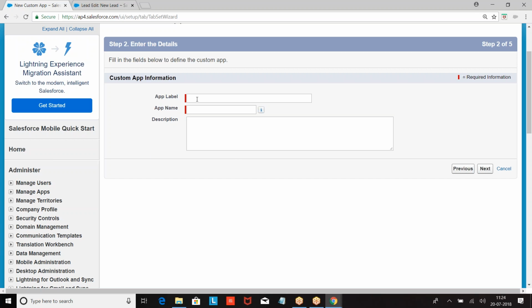So I am giving it here. In the application name, no spaces. Right. Description, say banking application for loan management. So what we have: application label, application name, description.